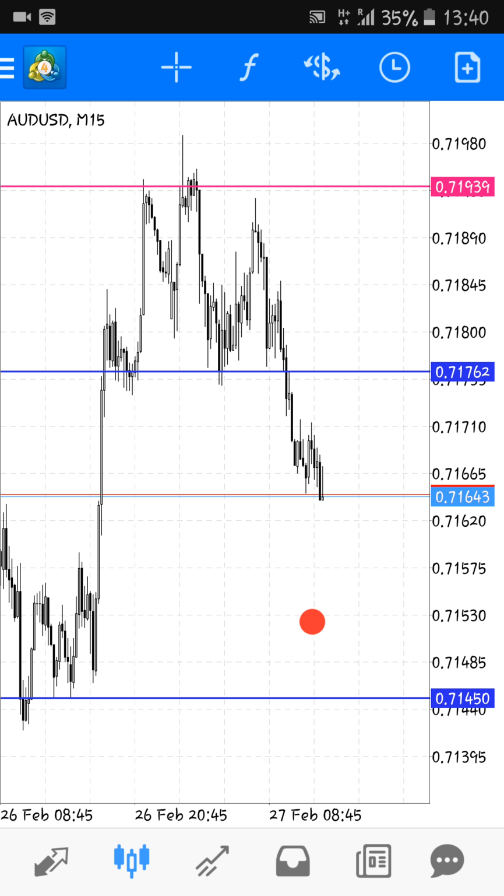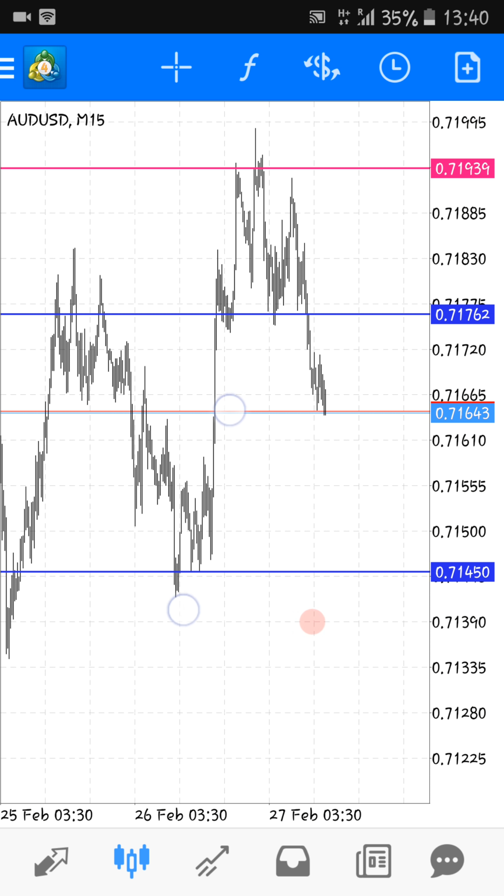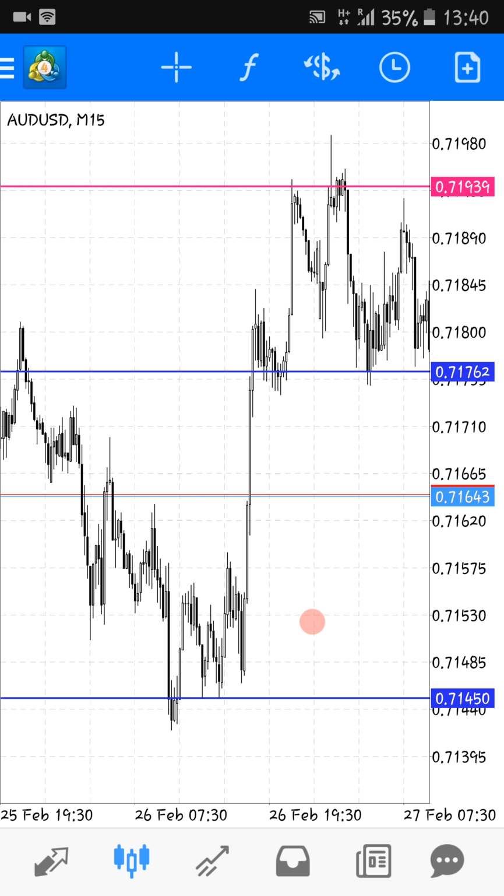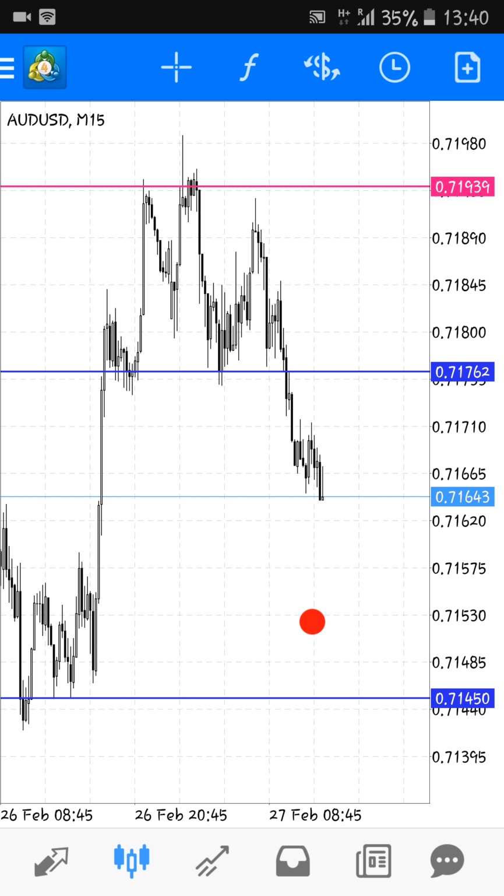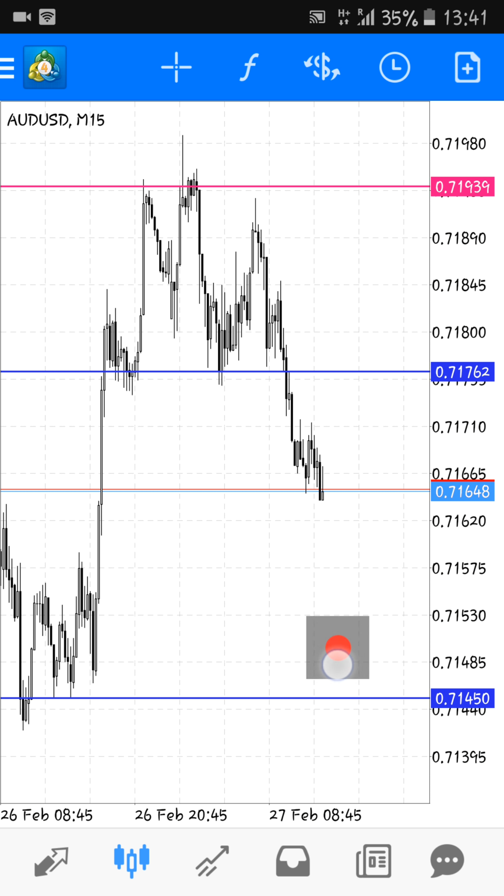So if these lines or these zones move around, then you can also just update them a little bit here and there. But the key areas that you are interested in, if you are buying or if you are selling, so if you see something around these areas that confirms that, okay, price is going up perhaps. So if price comes down and around here I see a reversal pattern, or I see a break of a trend line or something like that, or if any one of the strategies that I use says, okay, now this is around the time where we're interested in buying, basically that would be a good confirmation, because I know that